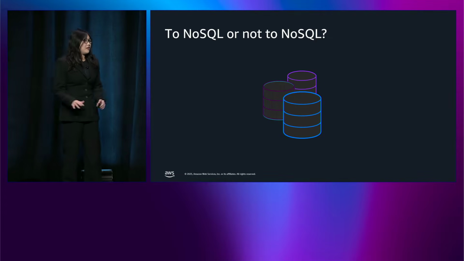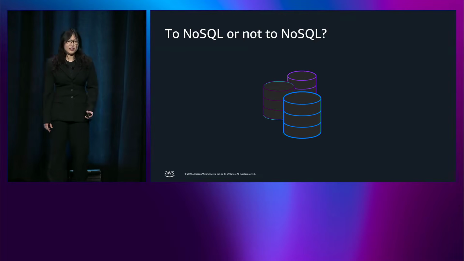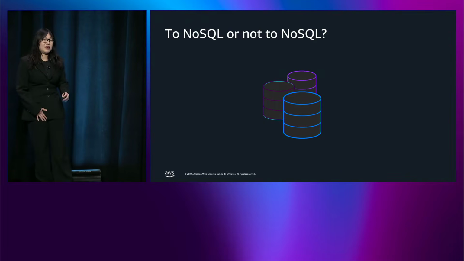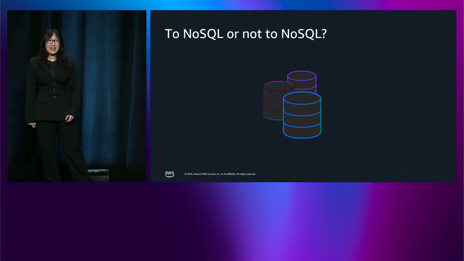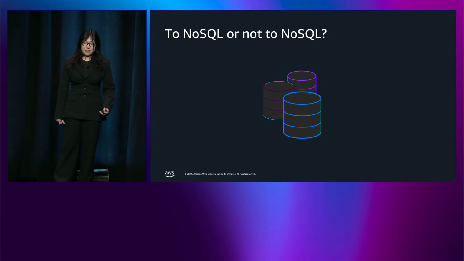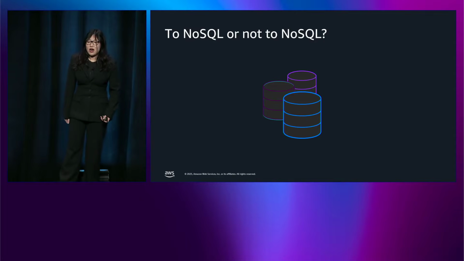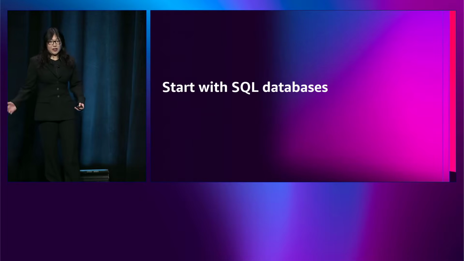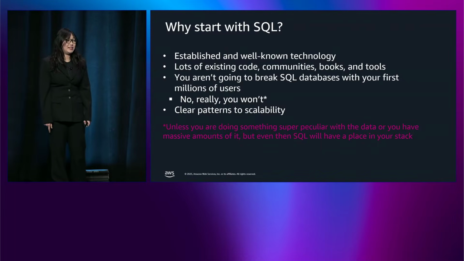So we talked extensively about our compute. Now, thinking about our application, we're going to need some sort of data store, right? If you're starting from scratch, one of the things you want to think about is, am I going to go with a relational database or a non-relational database? Nowadays, we have a lot of different offerings for different types of databases, right? So think graph databases, document stores. Are you going to go with a relational database, or are you going to go with something very specific, like a NoSQL database? My recommendation is start with SQL databases.